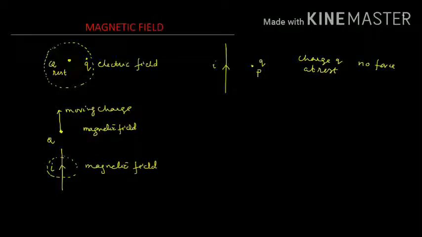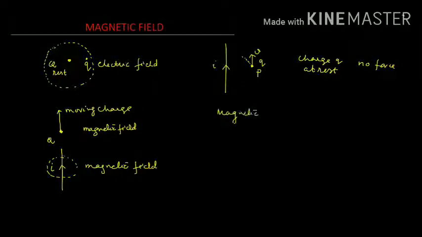But when this charge is projected with velocity v parallel to the direction of current, then this charge deflects towards the wire. That means there exists a field at the point P which is different from the electric field. So this new field is known as magnetic field. So the current carrying wire produces a magnetic field at the point P, and the moving charge experiences some force. So due to the force, the charge deflects towards the current I. Here the charge Q is positive.